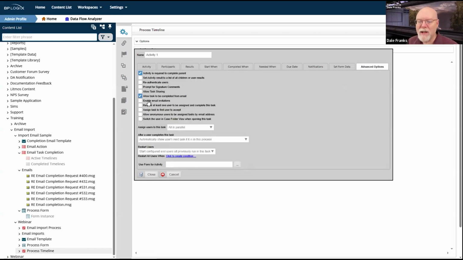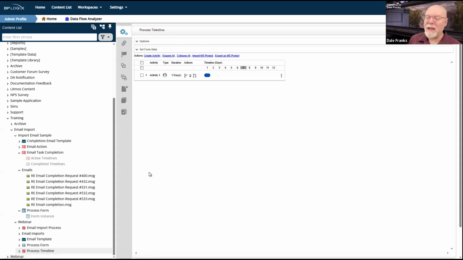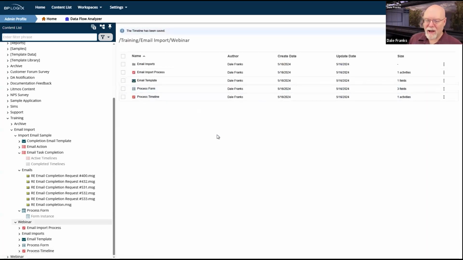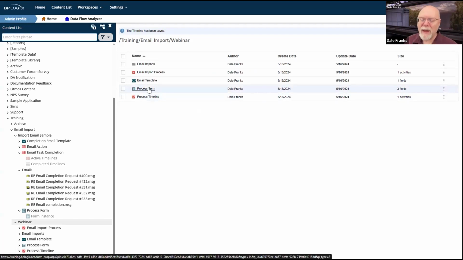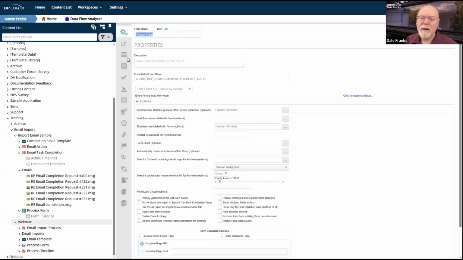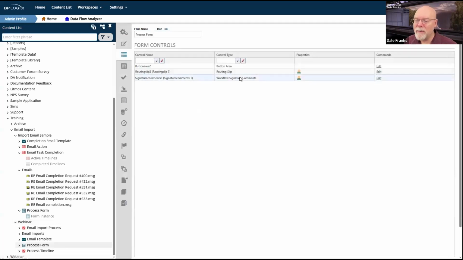The advanced option is set to allow tasks to be completed from email. I have an email template that has the TLID set as a system variable. My form has a signature comments field. Great. That is set up.